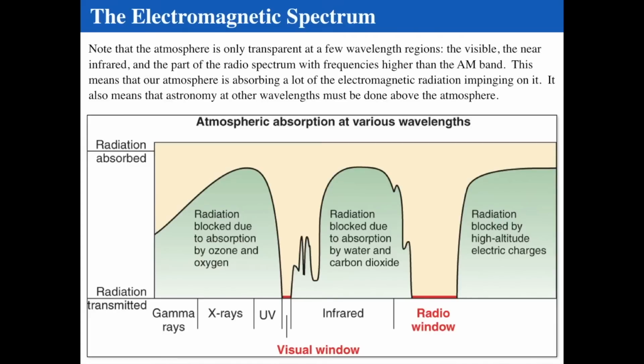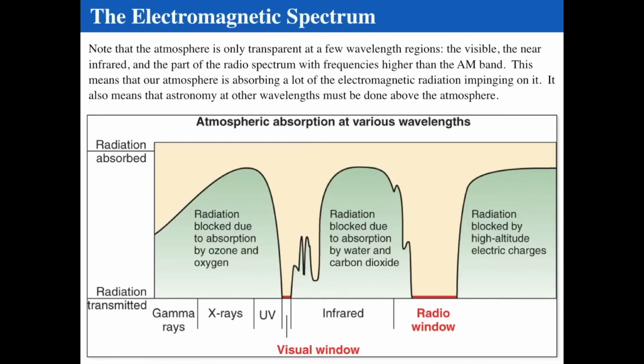And super long wavelengths, meaning mile-long wavelength radio waves, are blocked by high-altitude electric charges that simply reflect them off. However, there's a range of wavelengths of radio light that simply pass through the Earth's atmosphere uninhibited by water, carbon dioxide, or anything in the atmosphere, and so can make it to the ground. So the atmosphere of the Earth is only transparent to a few